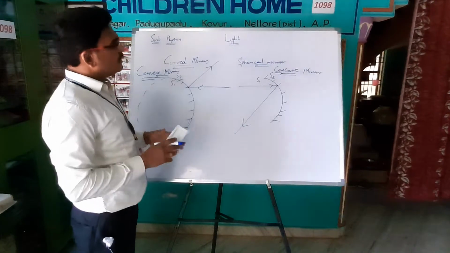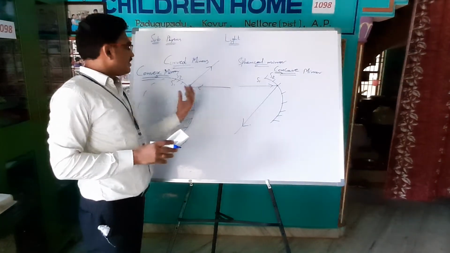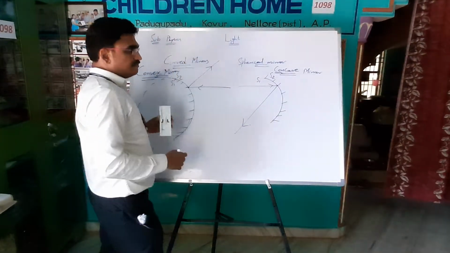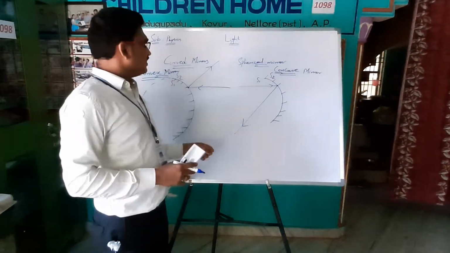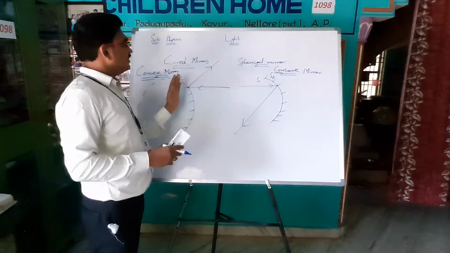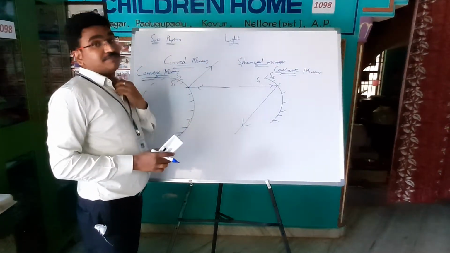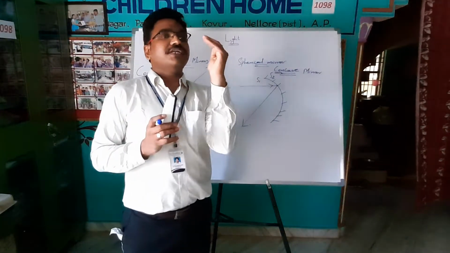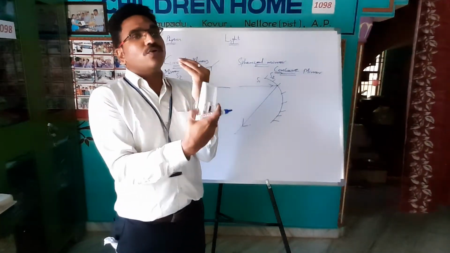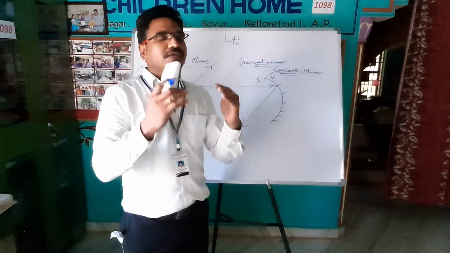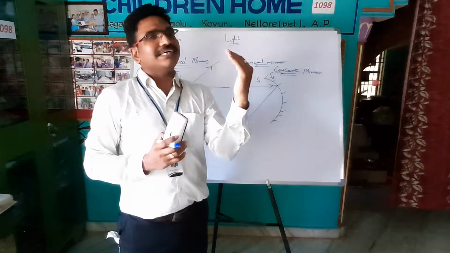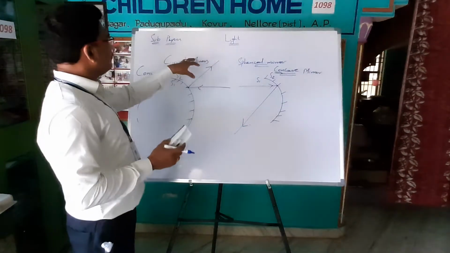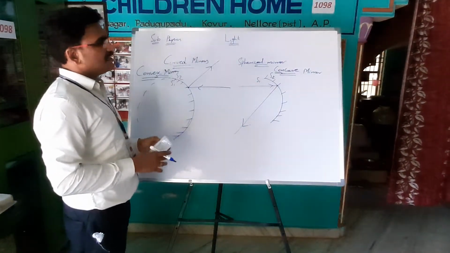So you are understanding two mirrors here, concave mirror and convex mirror. When the reflecting surface is inside, we can call it a concave mirror. When the reflecting surface is outside the sphere, we can call it a convex mirror. So after taking a hollow glass sphere, after taking it half, if you silver it outside, it is going to become a concave mirror. If you silver it inside, it is going to become a convex mirror. So you are going to get two types of curved mirrors, that is, two types of spherical mirrors.